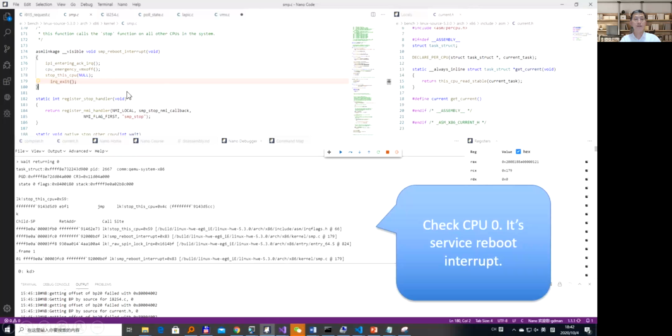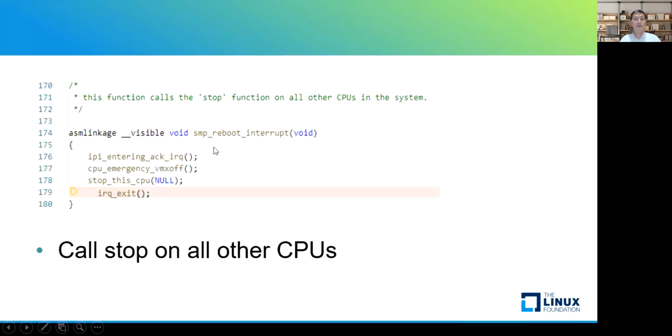Then I use the debugger to break it. Then the target breaks into the debugger. I check CPU 0 firstly. From the call stack, it's servicing a reboot interrupt. And from the source code of the reboot interrupt,